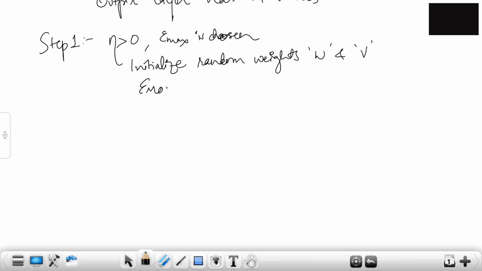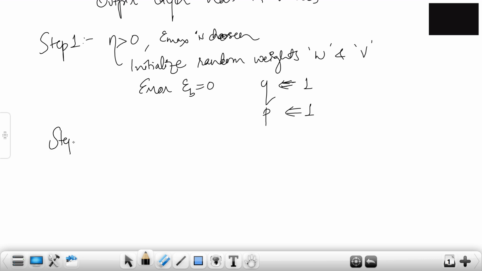Right now the error, in the first step, will be 0, E is equal to 0. Q is going to 1 and P is also going to 1. Okay, what is next?